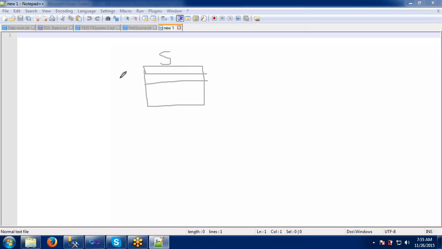This is my source. This is a flat file. Or better, we'll take a table for better understanding. Let's say I have one table here.